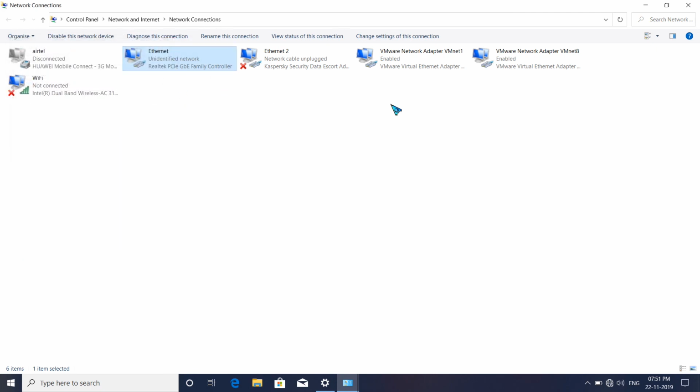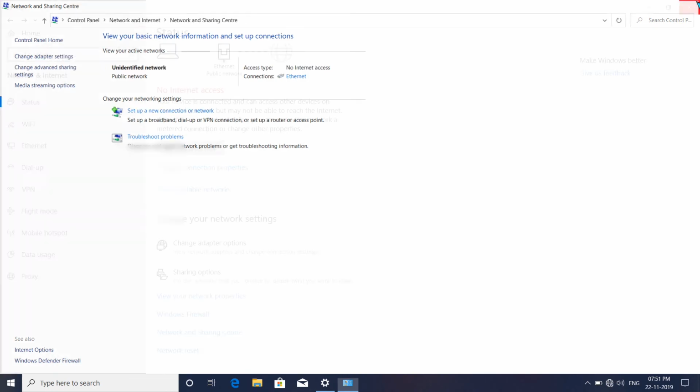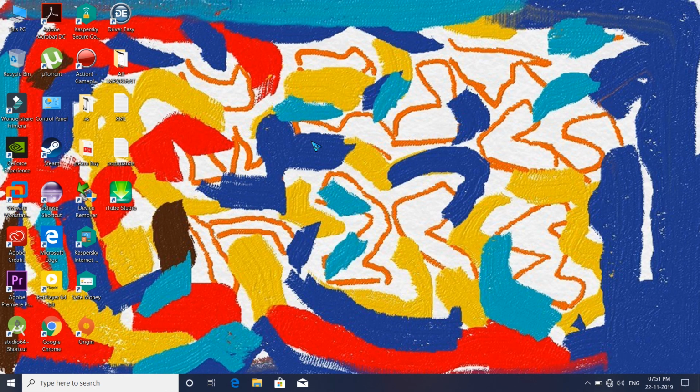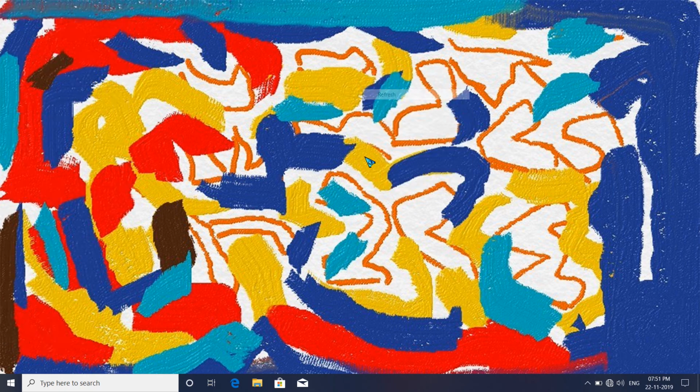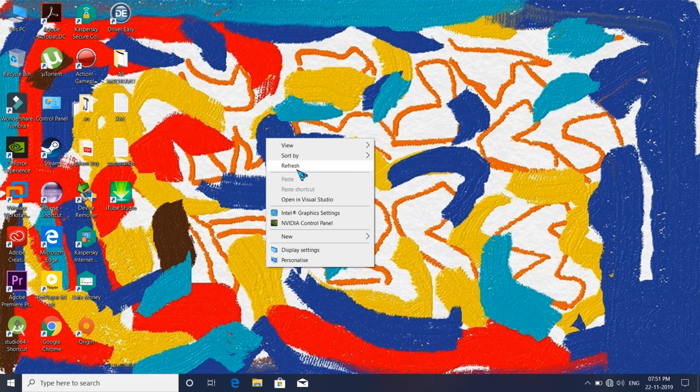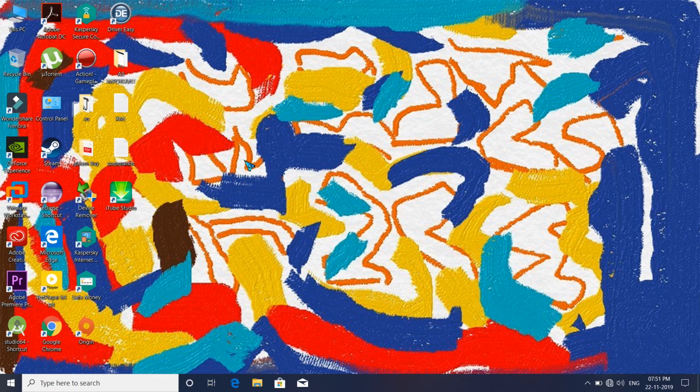Then restart your computer, and after that you can see the internet access will be here. You have to wait for the first time some 10 to 15 minutes, depending on your coverage area and your connection speed. So this is the step for how you can set up your broadband connection in your home.